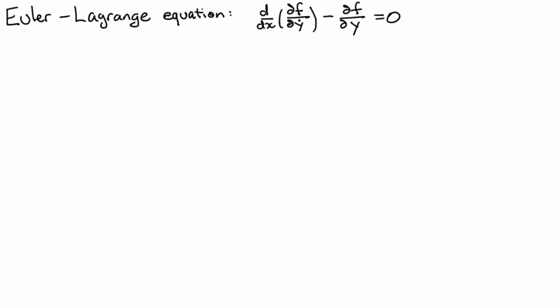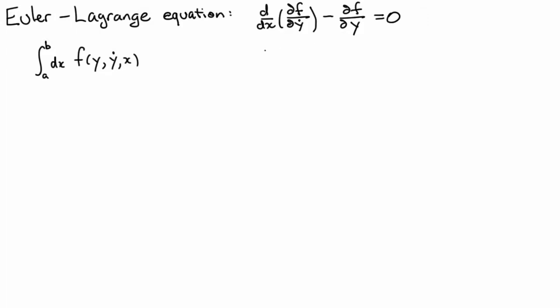So we all know the Euler-Lagrange equation. The Euler-Lagrange equation applies when we're trying to minimize some integral of the function f, and we just use the one variable version, y dot, and x. This equation tends to give you a second order differential equation, which is somewhat challenging to solve